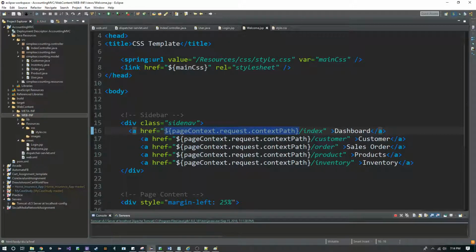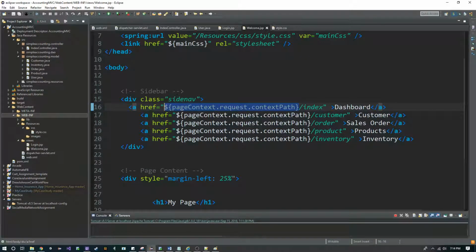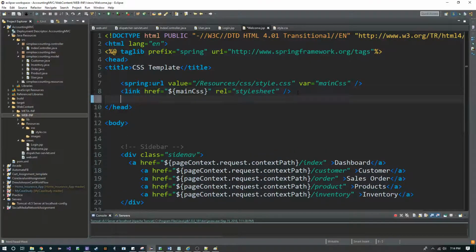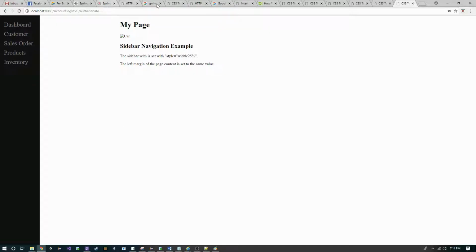My URLs are once again page context that request context path with the slash. But how I've done this link is I get the URL from Spring. I've had to import a tag library. And I retrieve the URL doing this var main CSS, and then I create the link using main CSS style sheet. Now this isn't the only way it can be done. I'll go ahead and show one more way,